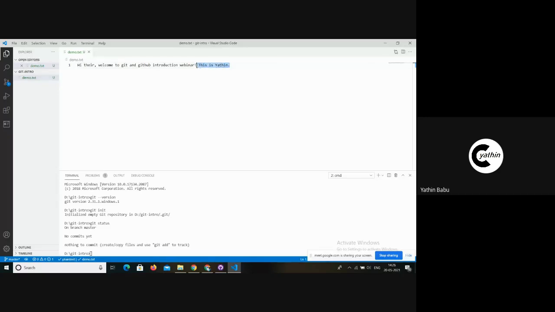So that's the point of having an untracked file. Let me just stage this file using this command.